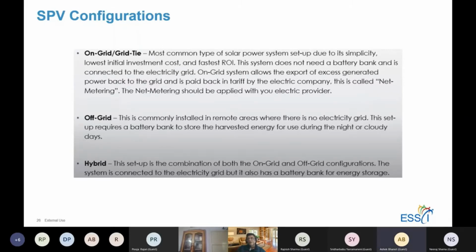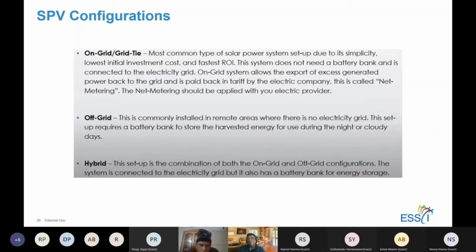But when it does work, it takes your solar energy that is generated, and in a net metering arrangement, it will only charge you for the differential energy that is consumed by you. And since you're generating energy at zero rate, but the rate at which you were paying the distribution company was 7.5 rupees or 8 rupees, or in Bombay it can be as much as 10 or 12 rupees depending on the nature of your site, you can just imagine the pace at which you can get your payback from a grid tie SPV system.